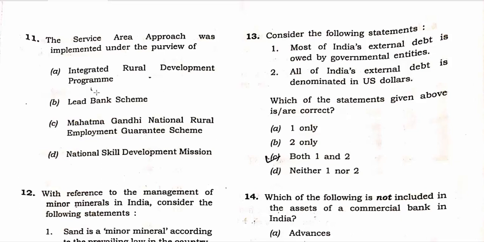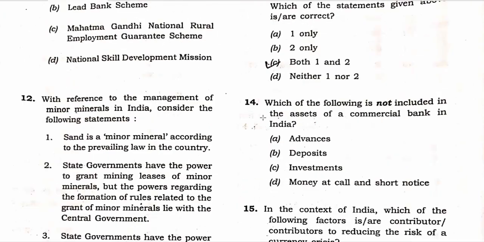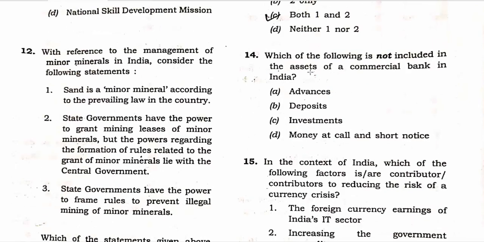Because you can see the extremity of these statements, all and most, which is something you need to be a little watchful about. Then comes your 14th: which of the following is not included in the assets of the commercial bank in India? For this, it's very simple. If you see the term assets and you have seen the term deposit, the answer should be B, because deposit is always a liability and it can't be an asset. So for the 14th one, the answer is B, wherein advances, investments and money at call or short notice, which is nothing but the interbank transactions, all of them come under the assets of the commercial bank, but you need to find out which is not included in the assets. Then the answer is B, deposits.